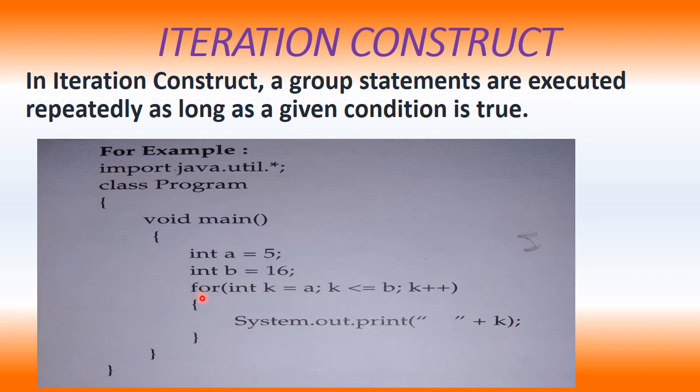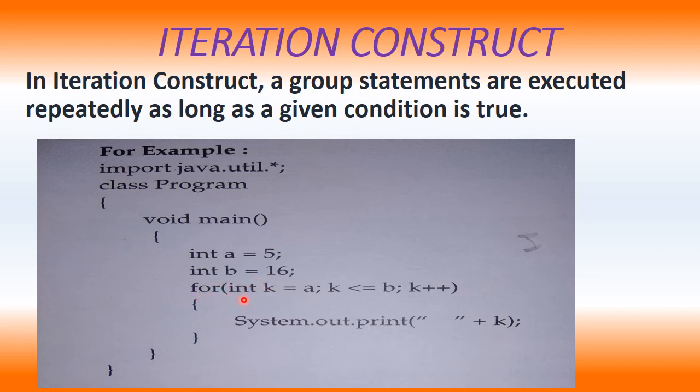Now we will take a looping statement, the for loop. Already you know that in a for loop statement there are three parts. First is the initialization part, second is where we can give the condition, and third one where we can give the increment or decrement part, means updation. So here also we will use this iteration statement, the for statement. Inside it we will take one variable, that is k, of integer type.